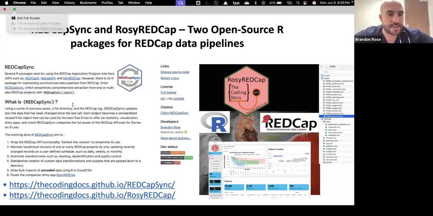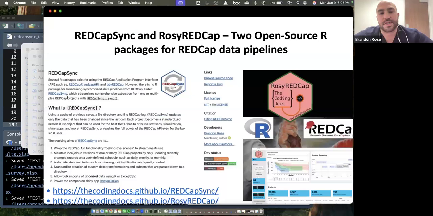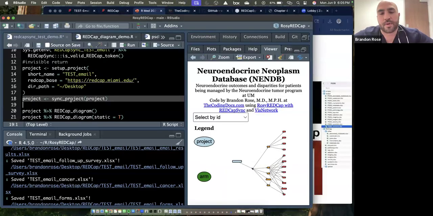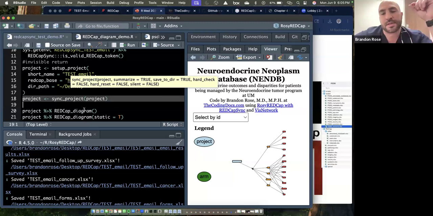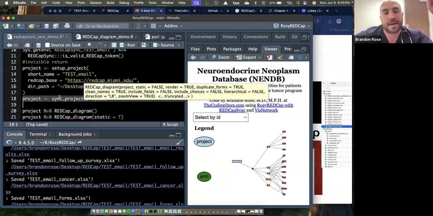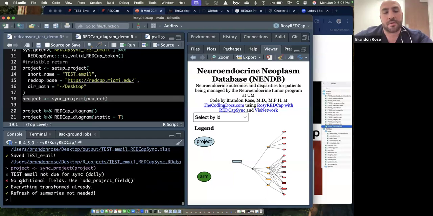All right, I'm just going to keep showing and telling then. So that was the sync project function. I don't want to go back and forth between too many screens. But if I were to change one record in the REDCap and run sync again, right now it's going to